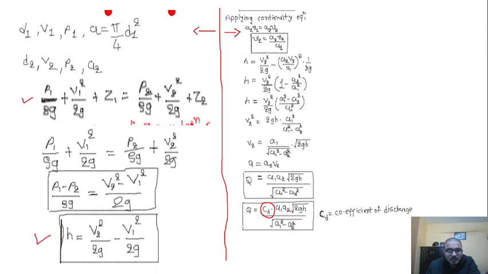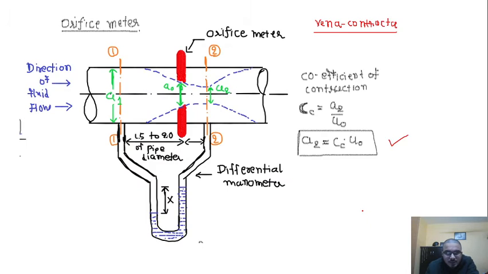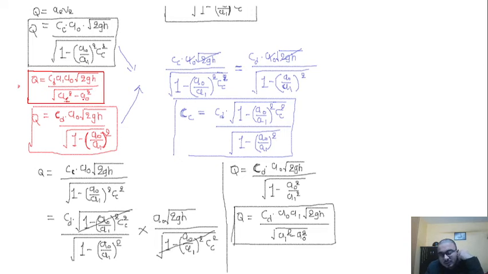So this is actually taken from this part. We have utilized the equation of Venturi meter in orifice meter. If you note down this equation, Q is equal to Cd A1 A2 into square root of 2gh divided by square root of A1 square minus A2 square. If you note this down and see this equation again, both are the same except the areas. Previously it had A1 A2, and here in case of orifice meter we have A1 A0. So that is the difference. We have already obtained this equation of Q written in the black box, and we have utilized this equation from the Venturi meter written in the red box.